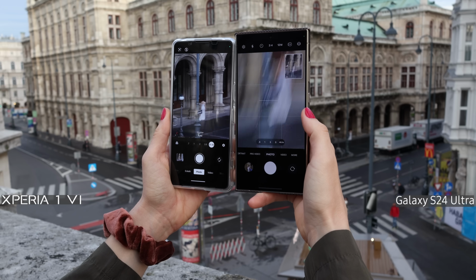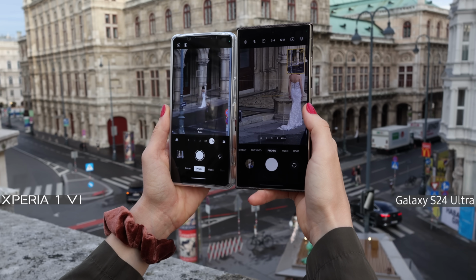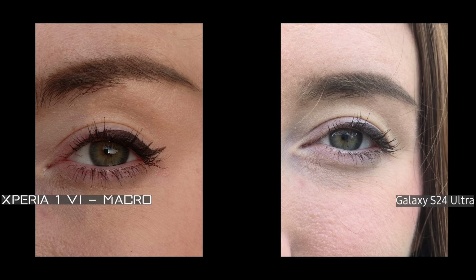showcase here. When it comes to zoom level, S24 Ultra blows the Xperia away. Sometimes I feel like it is illegal to be able to zoom like this with the S24 Ultra. The details that the S24 Ultra can capture on 10 times zoom are borderline insane, especially on such a small body. Even though the colors on the Xperia 1 Mark 6 are more accurate, I really enjoy the dynamic range of the S24 Ultra and the amount of details it captures, even though it is denoising the hell out of